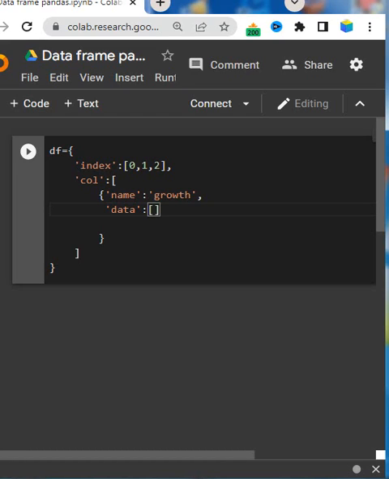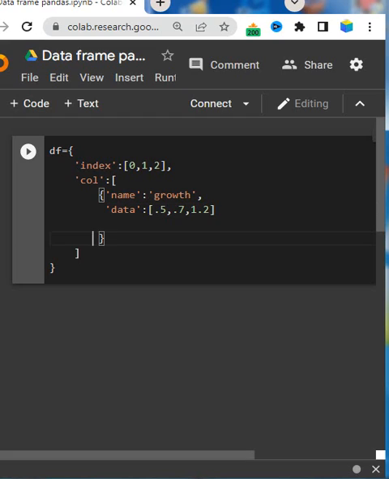Now the bracket starts: 0.5, 0.7, 1.2. So this one is the basic look, and again you can represent it here,